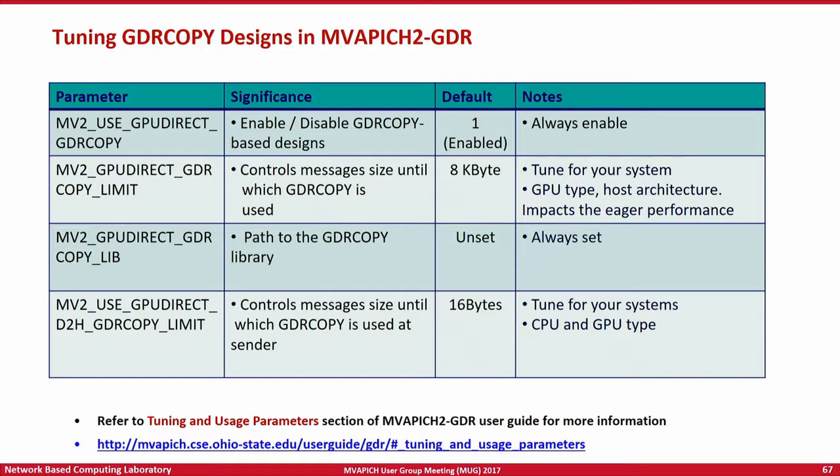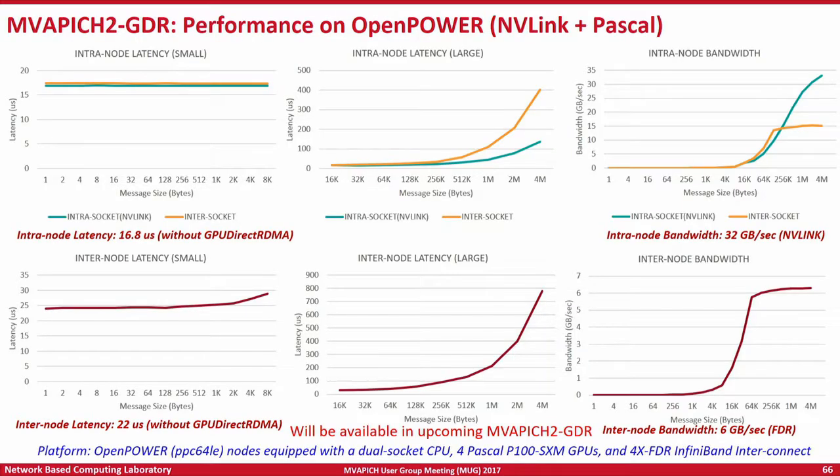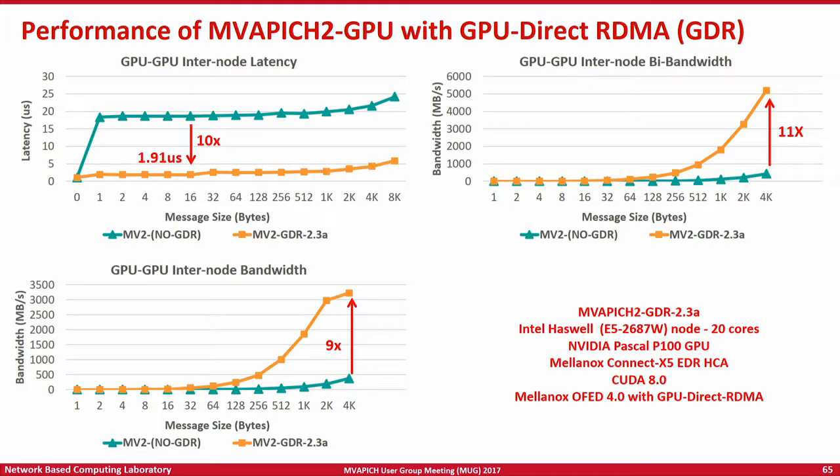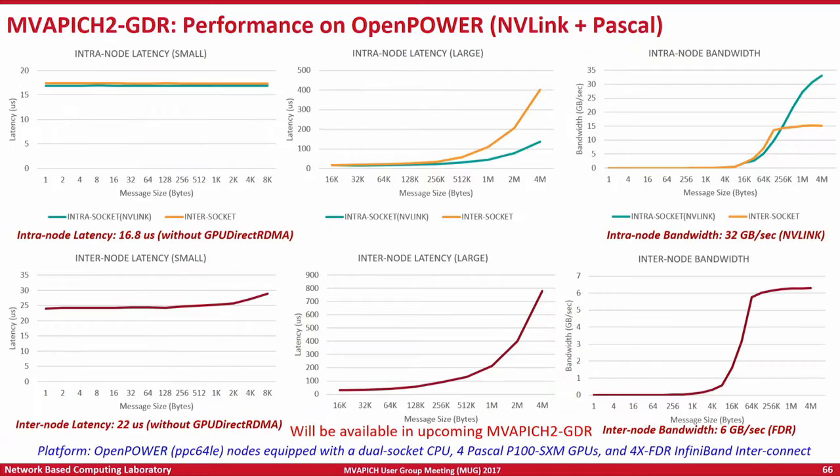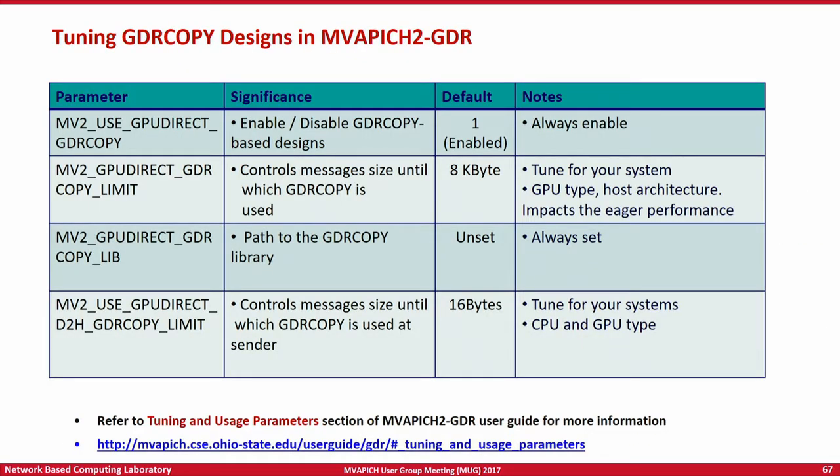So going forward, there are lots of environment variables here. I'm not going to go over each and every one of them. Please visit the links at the bottom of these slides to get more information about these different environment variables. Every one of these will allow you to pick a different design inside MVAPICH2-GDR or MVAPICH2, and each one of those designs might be applicable to different communication areas.